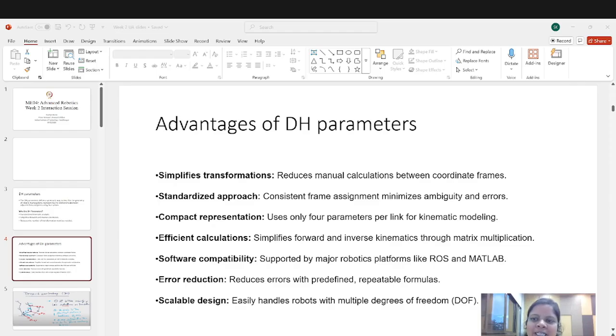You might have seen that the Z axis is always placed coming out of the plane, and it is always kept parallel. There is a rule that if you have a revolute joint, all the Z axes should be in the direction along the axis of the revolute joint. If it is a prismatic joint, then you must have the Z axis along the axis of that prismatic joint movement. So this is a standardized approach, whereas you won't have these if you are not going to follow the DH convention.